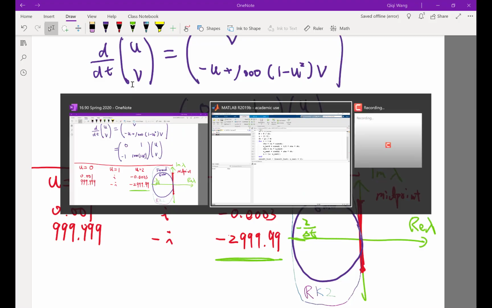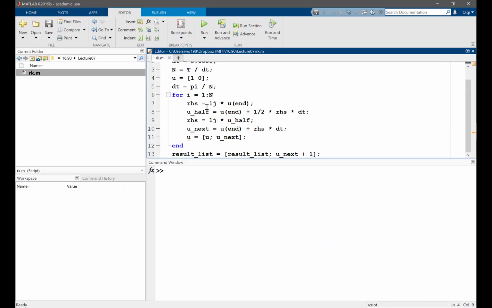point without any time derivatives. Okay, now when I'm computing my right hand side, instead of having the lambda times this, I'm going to call a function. Here I'm just going to call the van der Pol function that's operated on u_n. Same thing here. Okay,